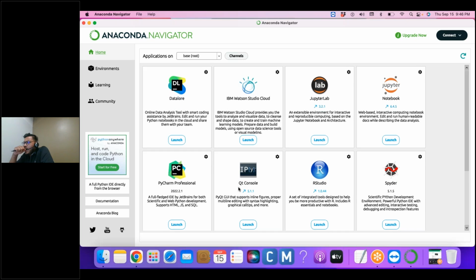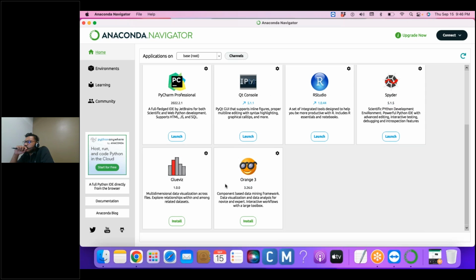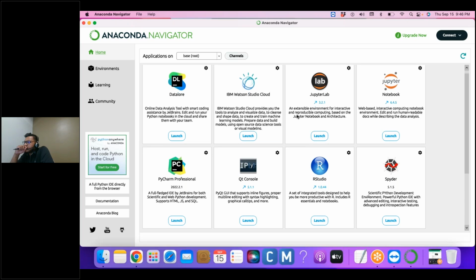Anaconda will help you to write and execute programs with the help of either Python or R. Except for RStudio, every application will help you to write the code with Python. So here we can use any one of them. Usually, I would like to use the Jupyter Notebook because Azure Synapse also follows the Jupyter Notebook